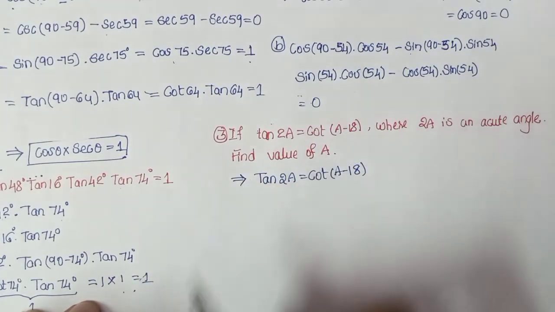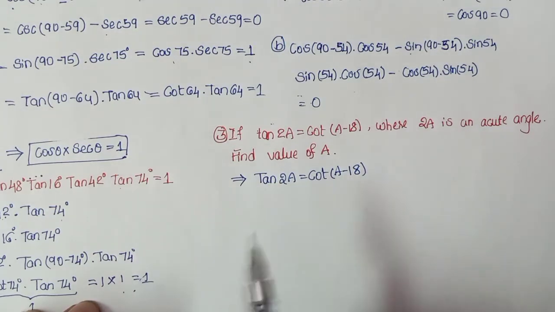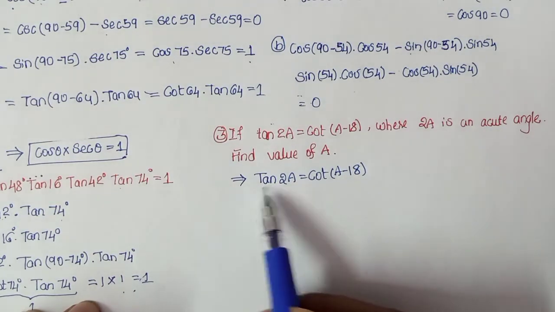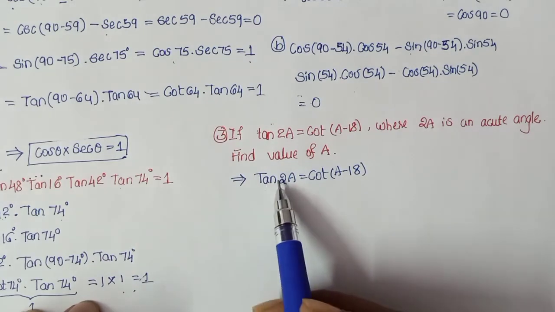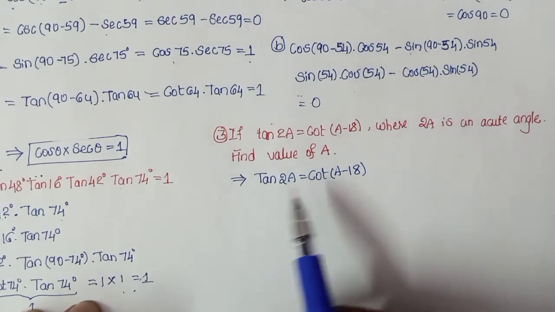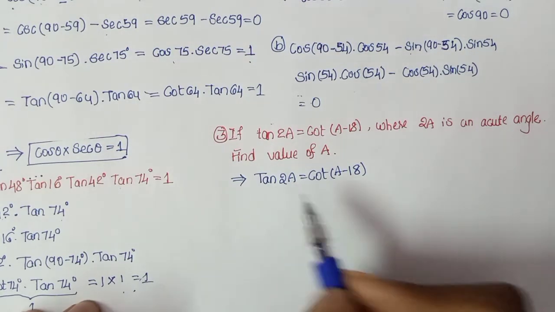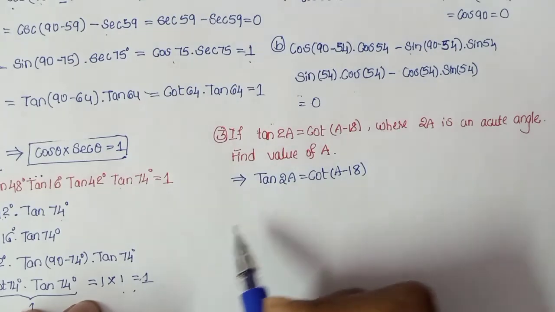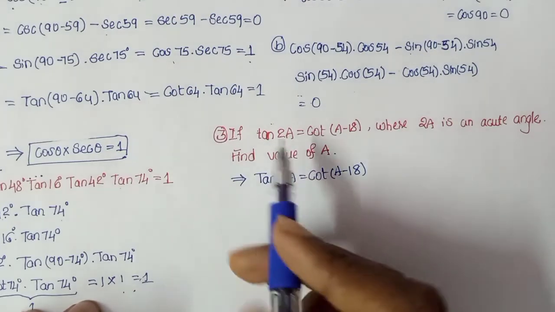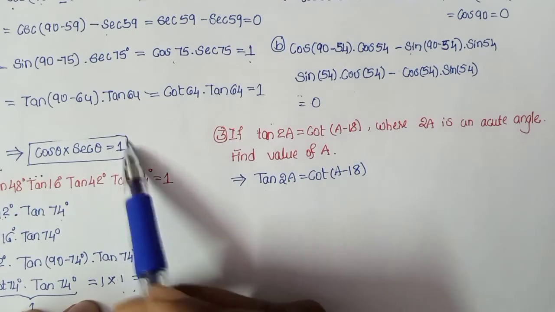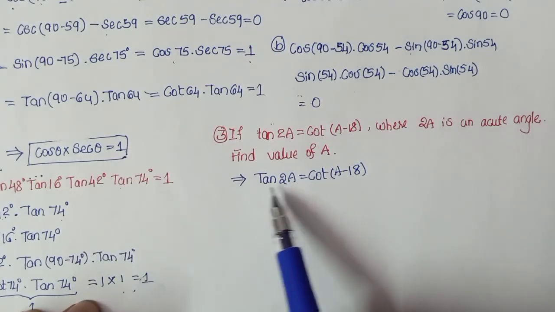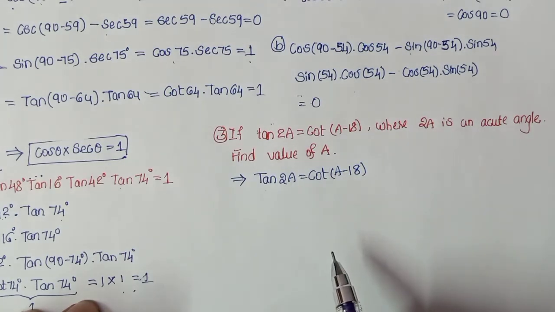How to find the value of a? We can use the complementary relationship. How do we know we use the complementary topic here? Because they are asking tan and cot. These two are reciprocal to each other and complementary to each other. I can't do anything regarding reciprocal, because reciprocal is applicable only if you have the product equal to one. But here there is an equal symbol, so we go for the complementary relationship.